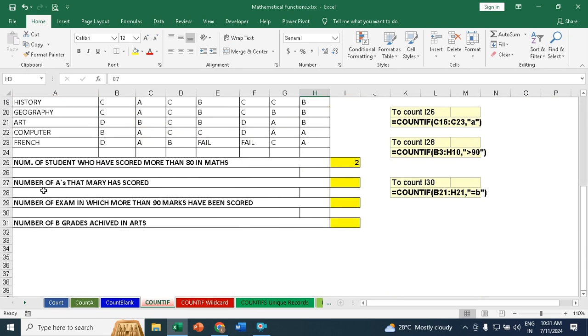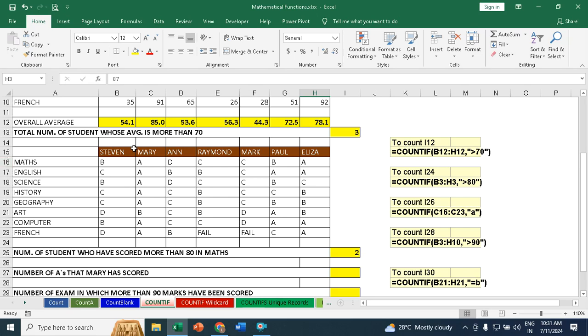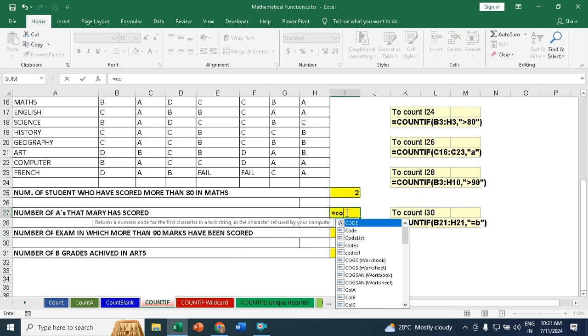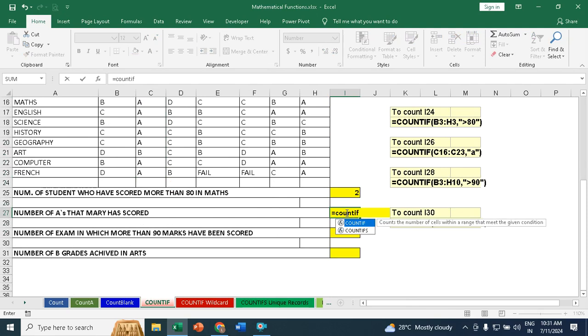And next statement is number of A's that Mary has scored. Now in this table they are asking you how many times Mary has got A. So this is what they want over here. There are 2 ways of using this formula actually. One is like this. You can write equal to COUNTIF